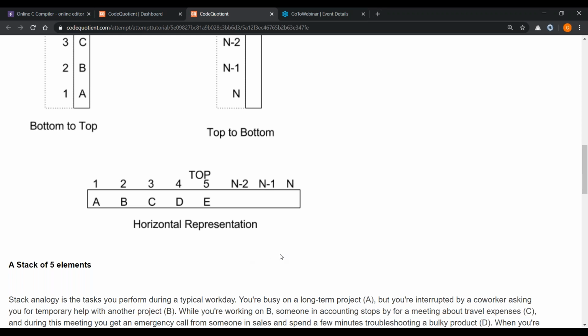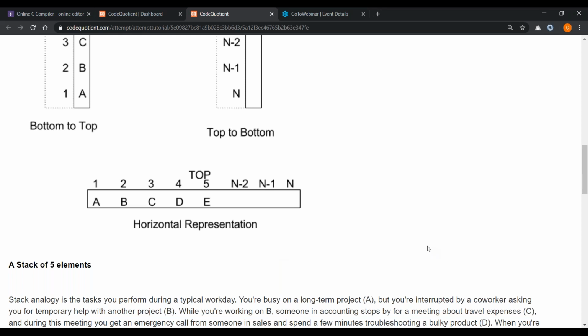Now there are quite a lot of applications, but they are mostly restricted to the data structure course. When you learn data structures, you'll learn stacks in detail. Right now, the scope of this class is to explain the concept with arrays. Ideally, in real life, we don't use an array. We use something called a linked list, which will be learned in data structures.